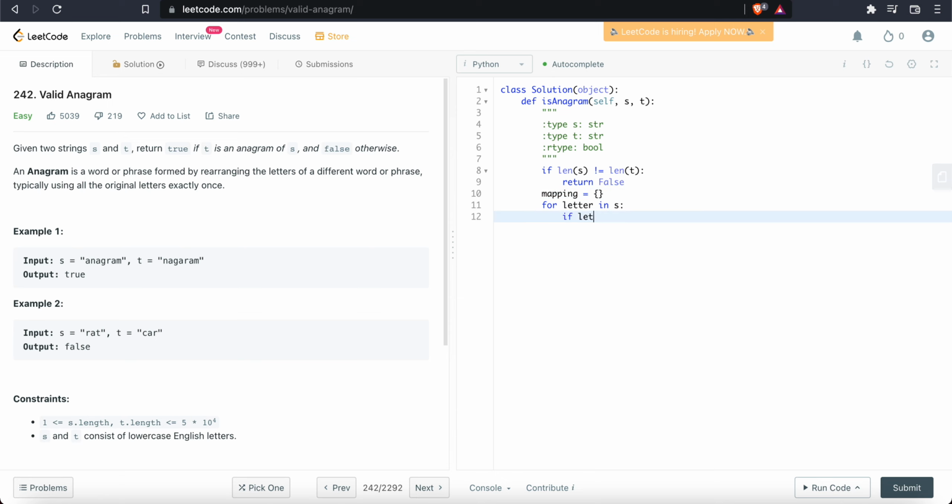So if letter is not in the mapping, then we say mapping[letter] equals 1. We create an entry for the letter and make it 1. Else, we say mapping[letter] += 1. And that means that we have processed every single letter in S. Now what we will do is compare T